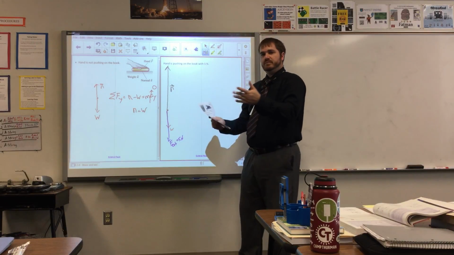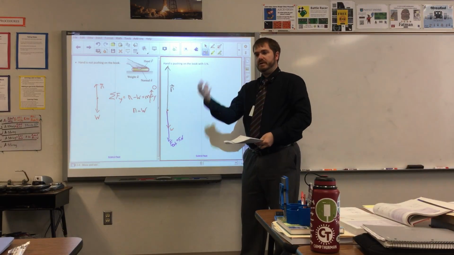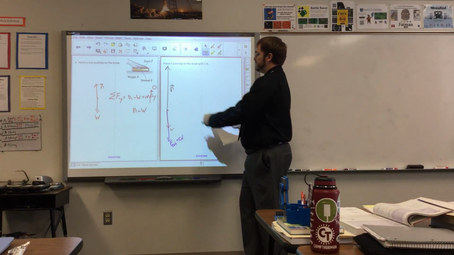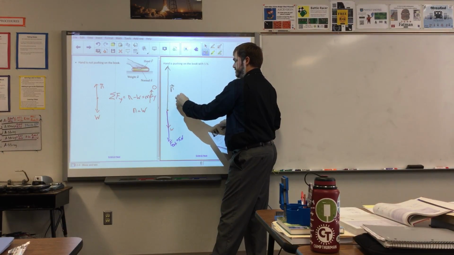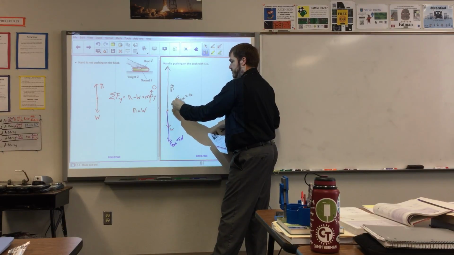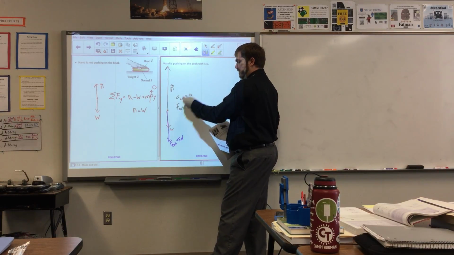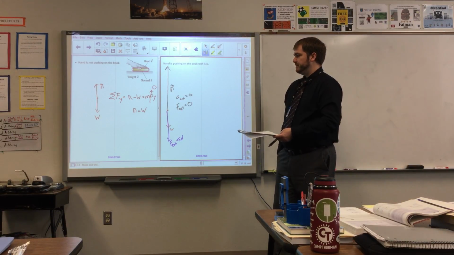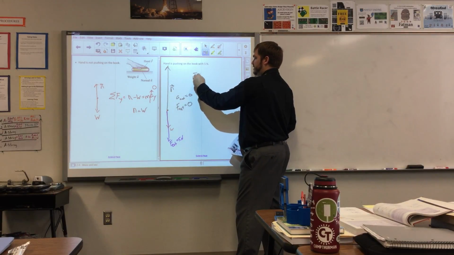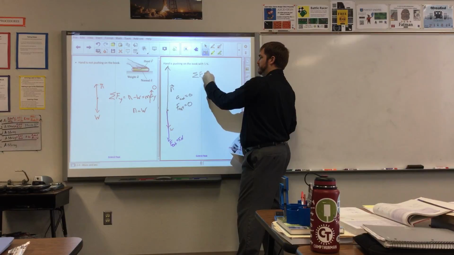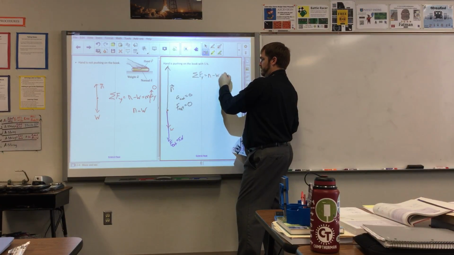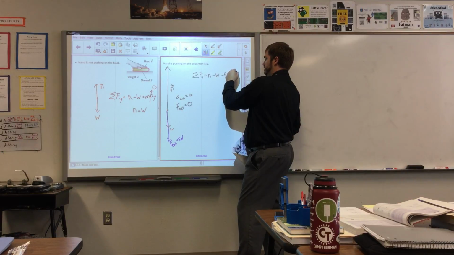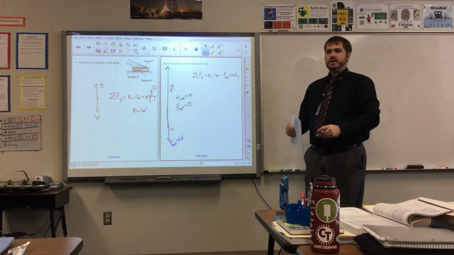So I guess I should have written that if you canceled out the external, you'd still have the weight, and that means it would be falling down. Yep. So I maybe should have written that the net acceleration is 0, which therefore means the net force is also 0. That means everything has to balance out. So the summation of forces in the y direction is normal minus weight minus external force, equals mass times acceleration in the y direction.